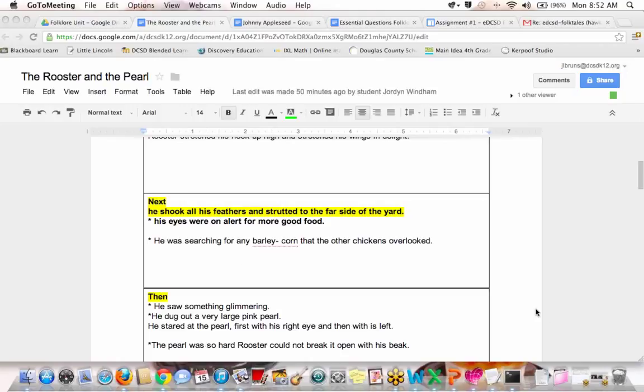Okay. All right. So far we have this chicken. He's eating some barley and corn. He's strutting around the yard. Then,